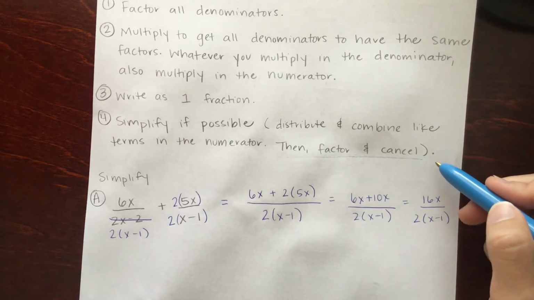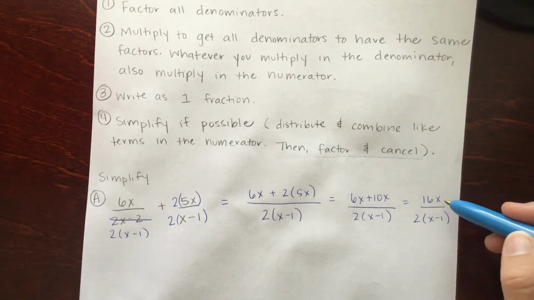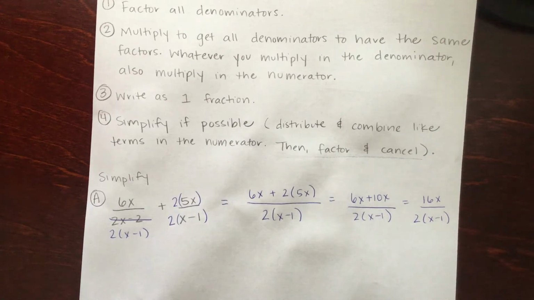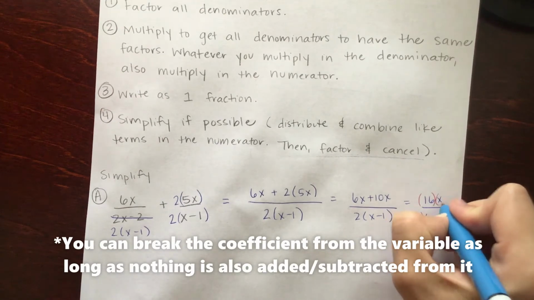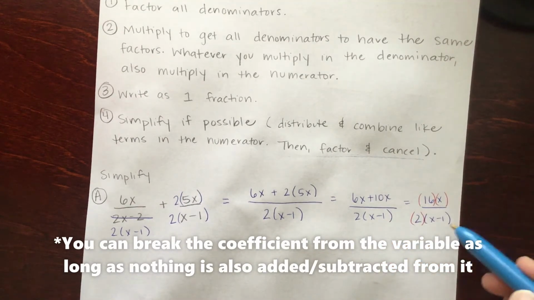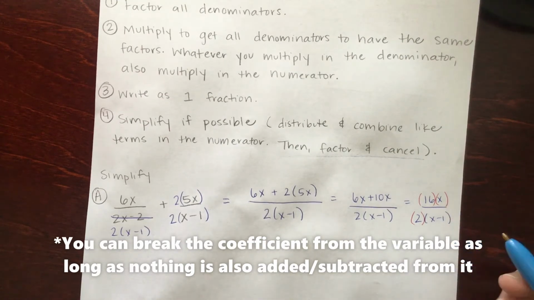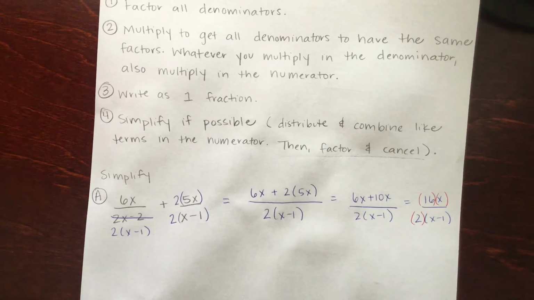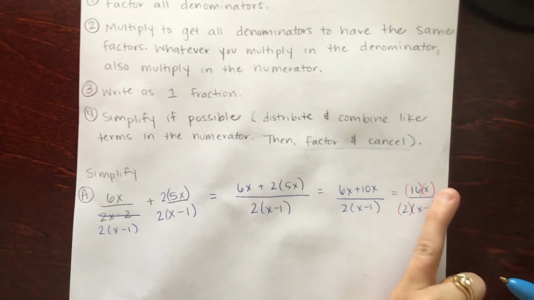Now, last step, factor and cancel. The top is a monomial, which means it doesn't have anything added or subtracted to it, so I can't really factor anything, but I can cancel things. Remember when we talked about canceling, we said you can write every single factor in parentheses, and you can break up the coefficient, the number, from the variable, the letters. And if we do this, you have to be able to cancel out an entire set of parentheses. So my x isn't going to cancel with my x down here, but